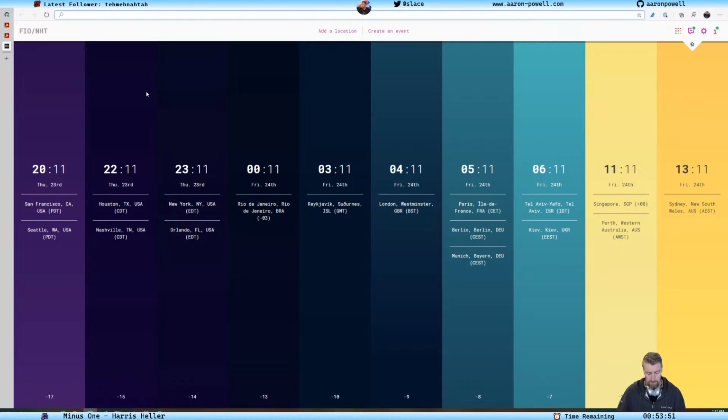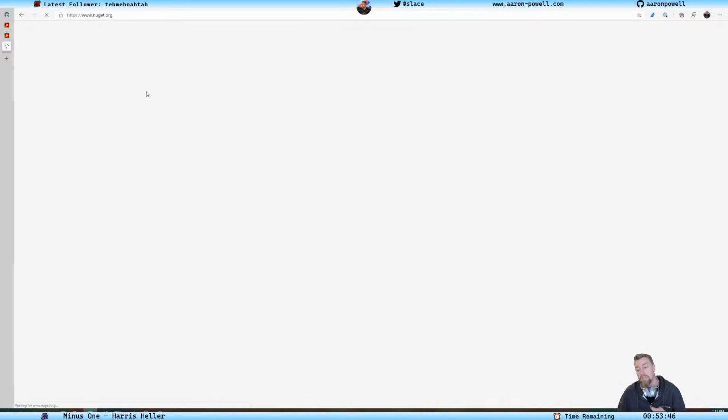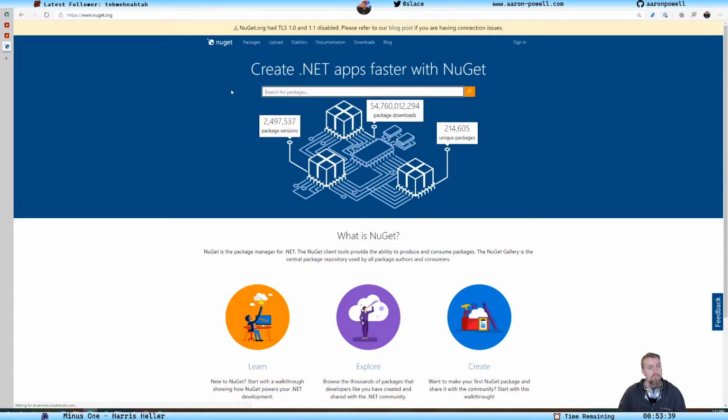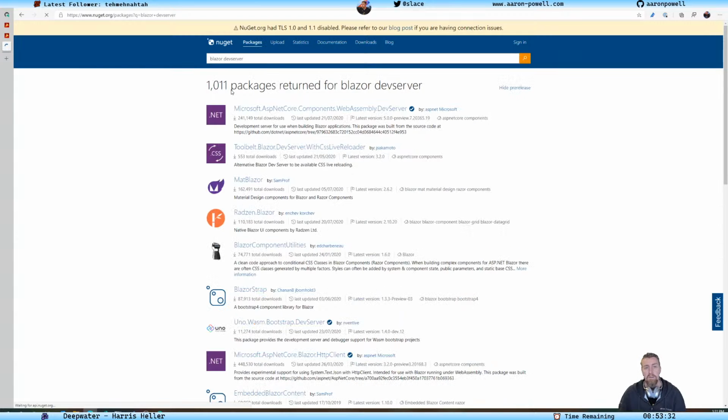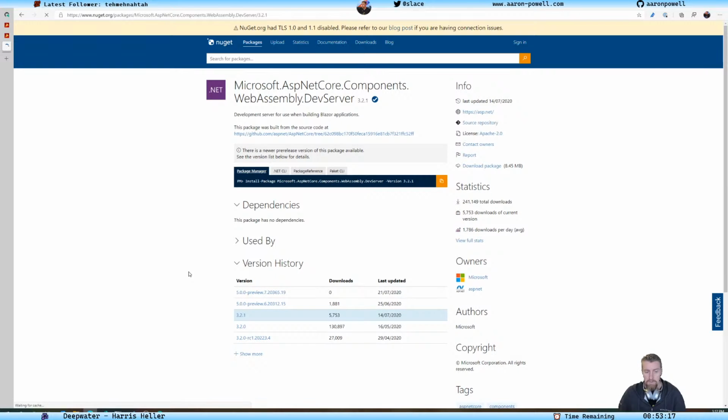What we're going to do is go to NuGet, because there is actually a NuGet package that can help us out with this. Blazor dev server. That's the one. Yep. So this project here, the WebAssembly dev server, I don't want the .NET 5.1. I want the 3.2.1